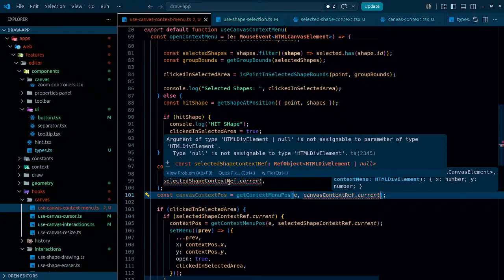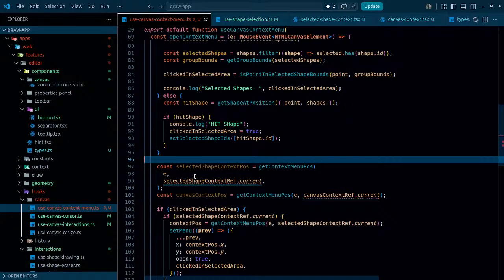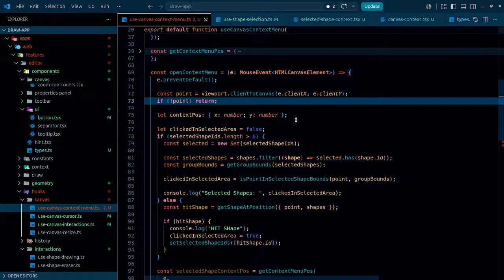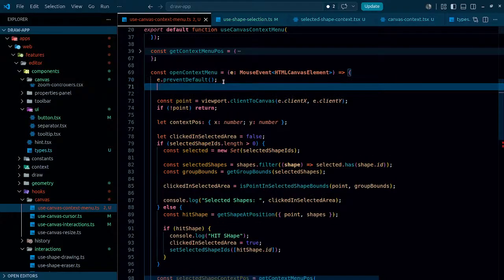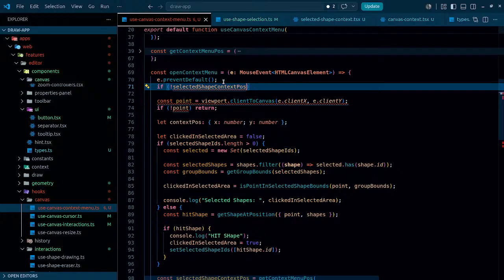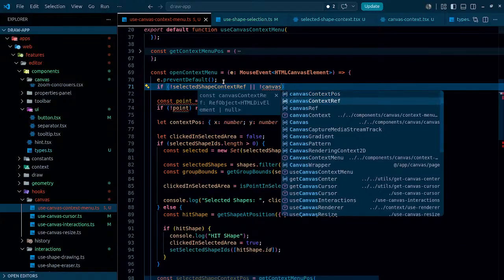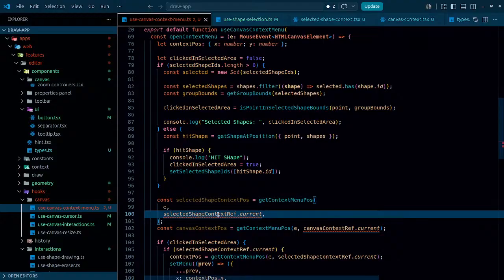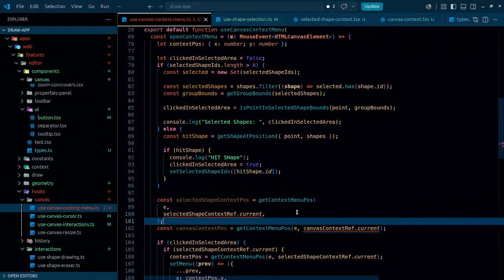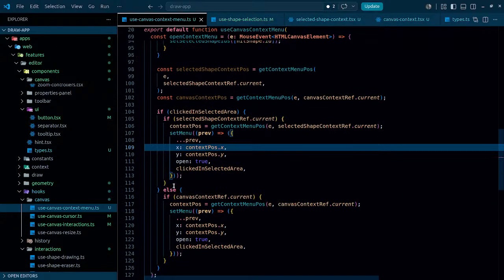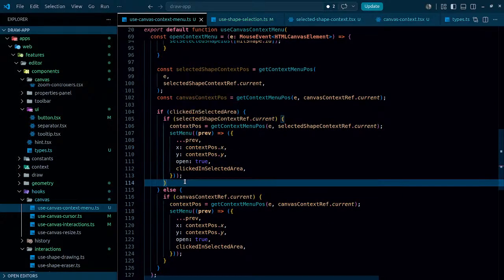Now if I don't have the values, in that case of course I'm going to return from the beginning itself. So if I don't have selected shape context ref, or I don't have canvas context ref, I'm just simply going to return from here. But in case I have them, null is not assignable, and they're going to be different of course. And after that we have to check whether we clicked inside